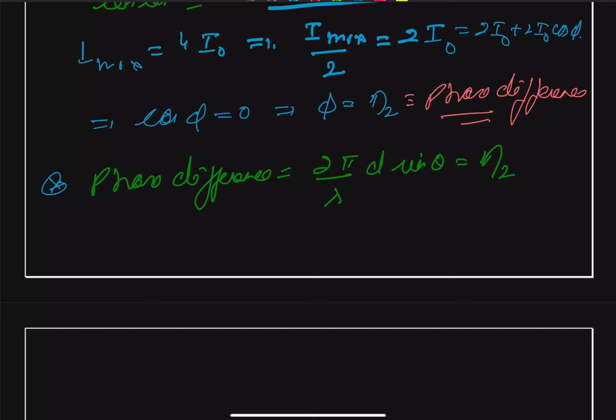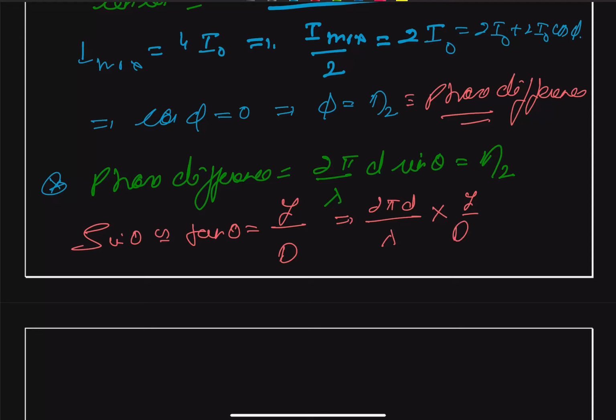And from here, sine theta can be approximately equal to tangent theta, small angle. So sine theta is approximately tangent theta, and this gives us y upon capital D. Therefore, we can write this as 2 pi d by lambda multiplied by y by capital D is equal to